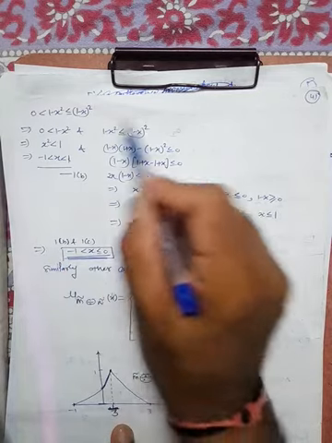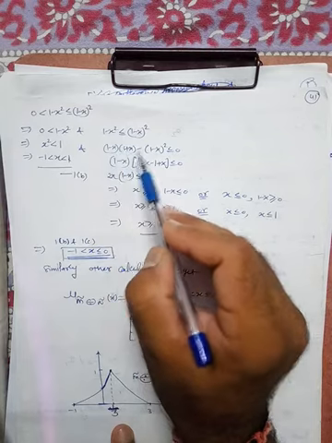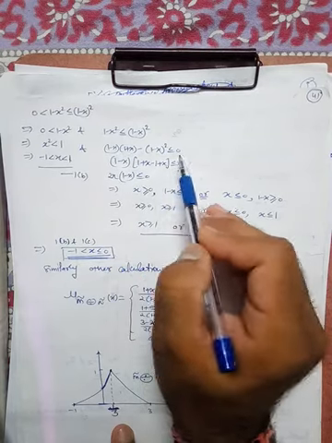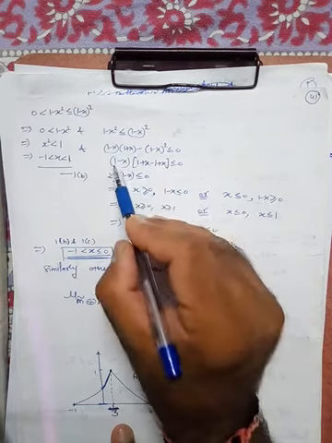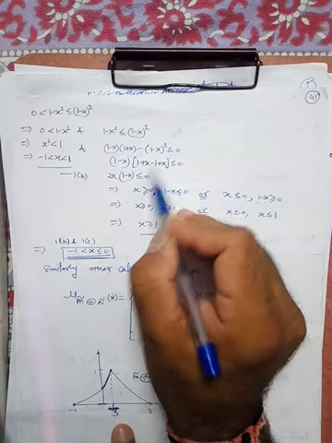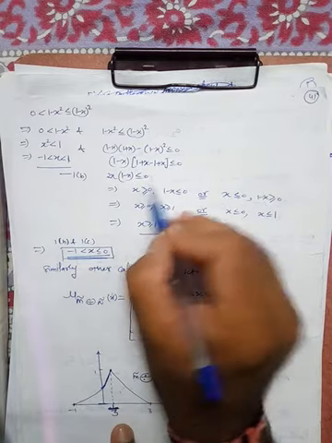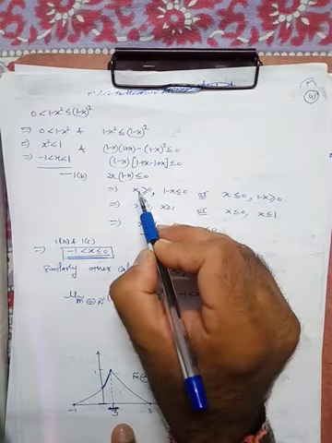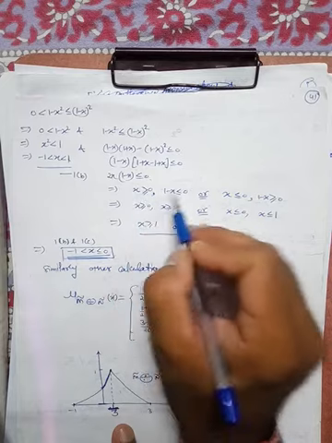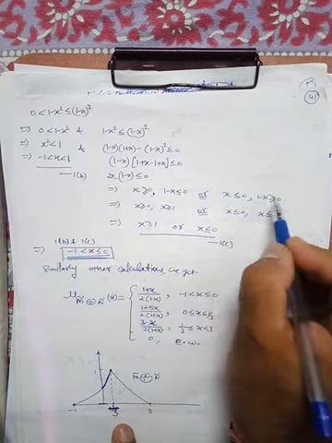Now from the second half, this can be written as (1 minus x) into (1 plus x) minus (1 minus x) whole square less than or equal to 0. You can take (1 minus x) common, so (1 plus x) minus (1 minus x), so 1 is cancelled out with 1, and we get 2x into (1 minus x) is less than or equal to 0. This is only possible either when x is greater than or equal to 0 and 1 minus x is less than 0, or when x is negative and 1 minus x is positive.